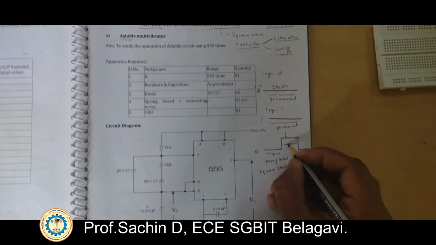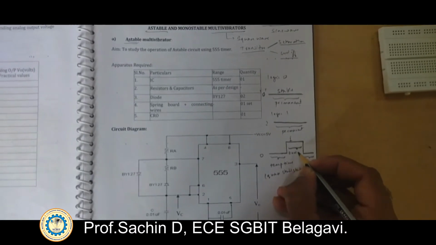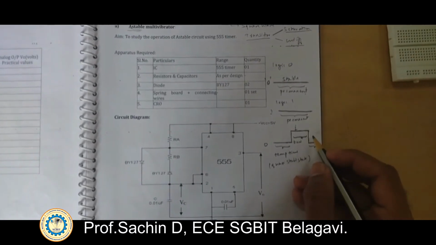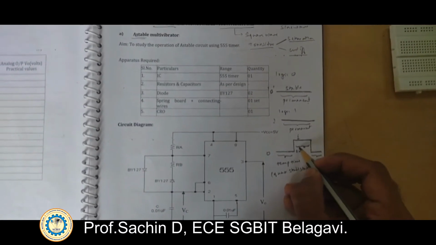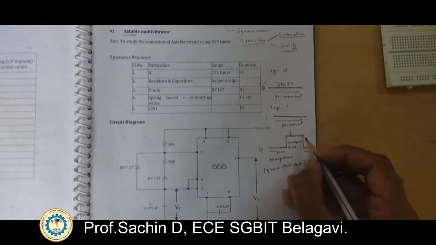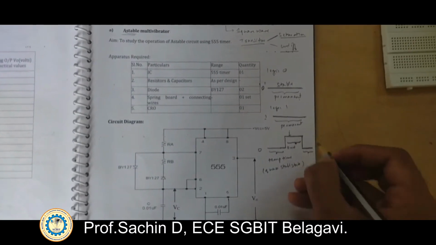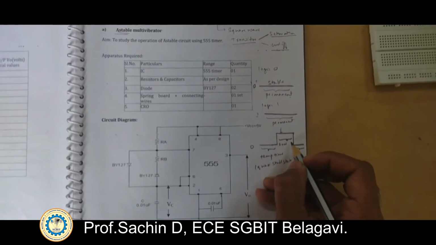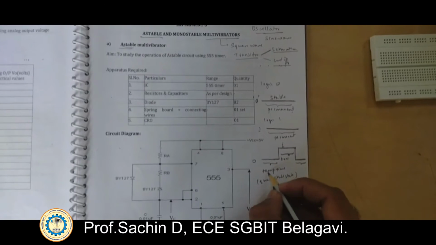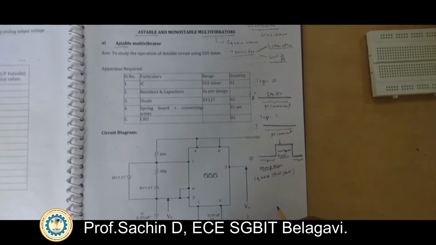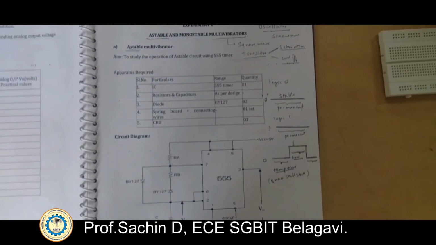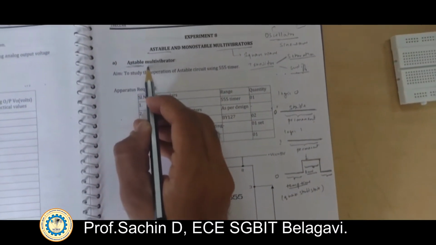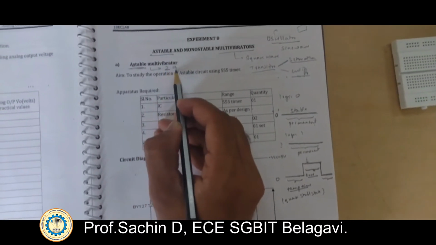So here this time is my T on. This time depends on the charging and discharging of the capacitor. When it charges, it is in the high state. When the capacitor is discharging, it goes to the low state. So here none of the states are stable. Both the states are temporary states, or we can call them quasi-stable states. So remember, in astable there is no stable state, but there are two quasi-stable states.